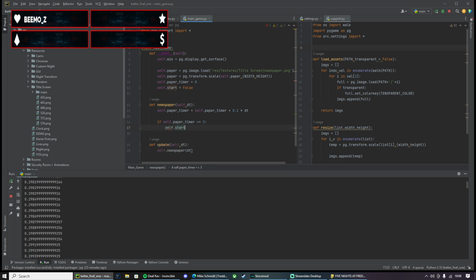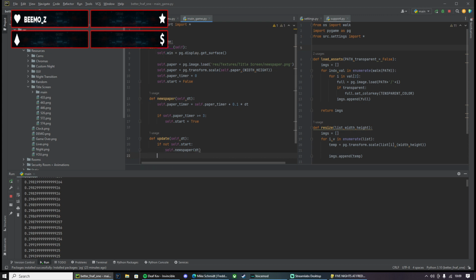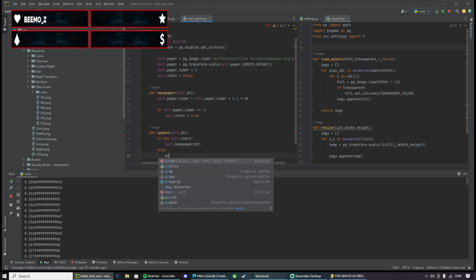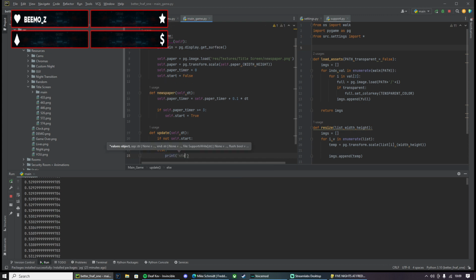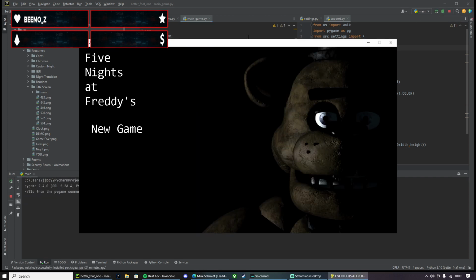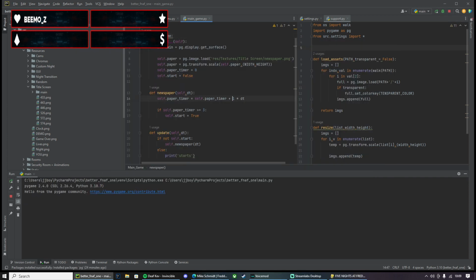Self dot start equals true. Then we need to do if self dot start, do the newspaper, else print starts. If this works, wait, actually let's make it a bit quicker, so like 1 a second. So 1 second.